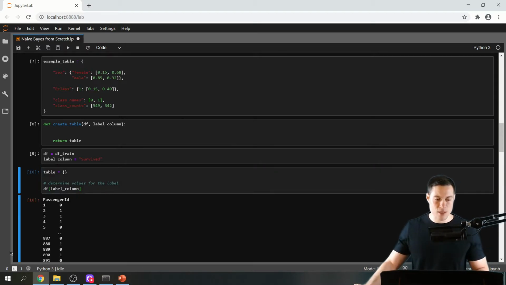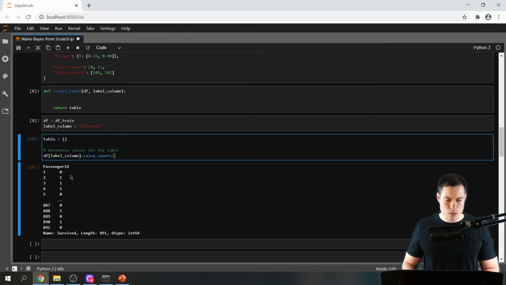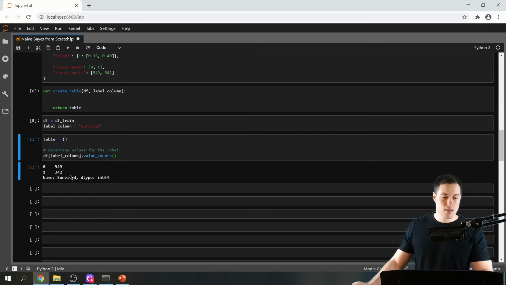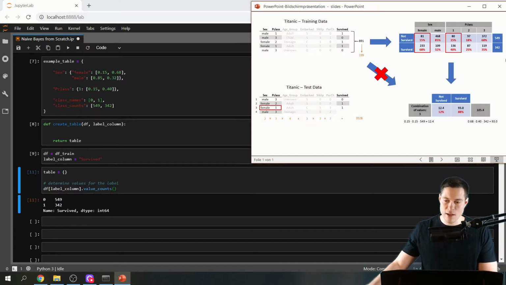This way we get the label column. And now we want to know what the unique values of this column are and how many counts we have for each value. Therefore we can use the value counts method. So we can say value counts and then run this. And here we get the result that there are 549 non-survivors,